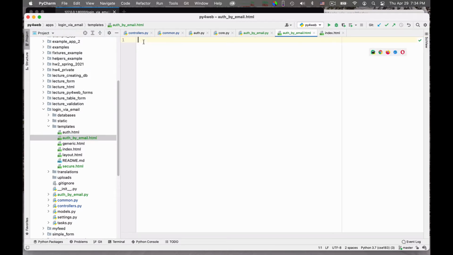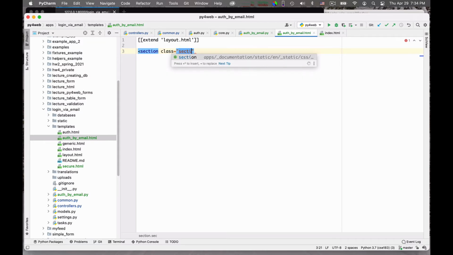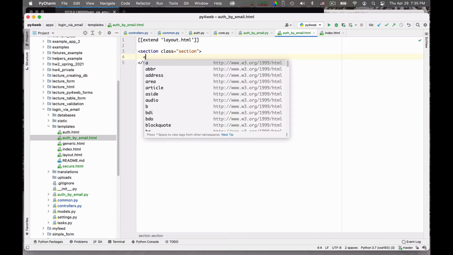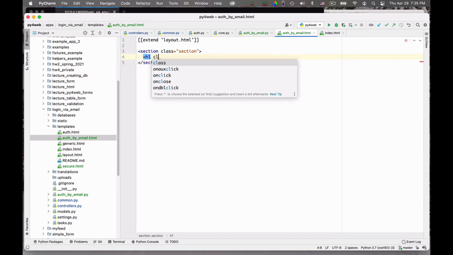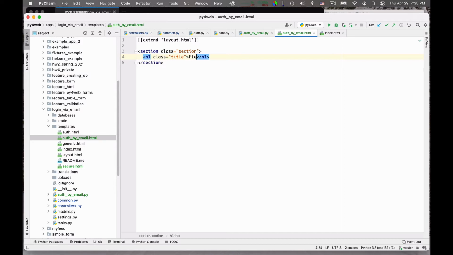And in it I have a section class is equal to section to keep Bulma happy as usual, and inside these I maybe want to just say an h1 class is equal to title that says please log in via your email or something like that. And here I just want to put the form.